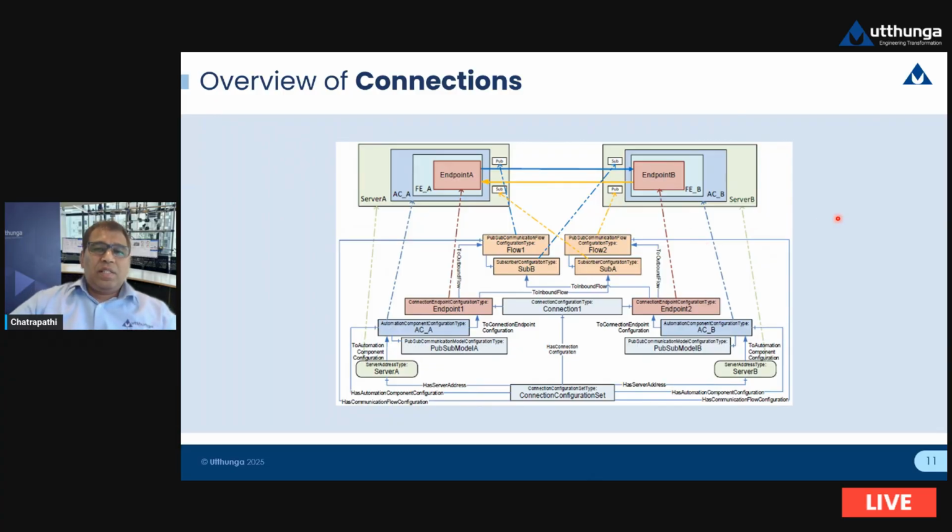So here is a more detailed view of how the connection is established and all the different things involved in the connection establishment. If we only focus on the upper part of the image, we have server A. It has an automation component A, and then there is a functional entity A inside it. It has an endpoint A, and it has a publisher and subscriber, and similarly on the